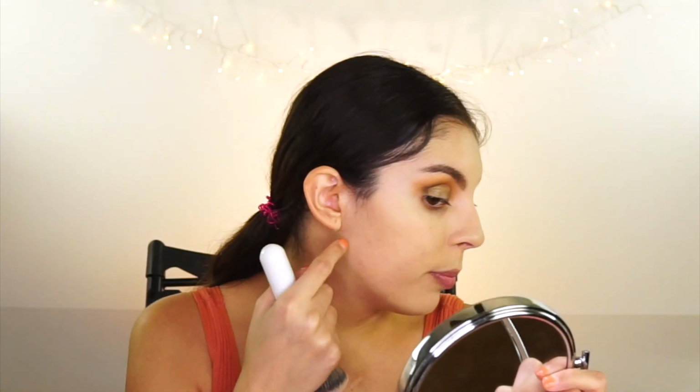As you can probably tell, which is I would say pretty normal, the side with the brush is much more full coverage compared to this side. This side is still covered relatively decently. I can still see a little bit of my scarring peeking through a bit more on this side compared to the brush side. If I'm being honest, I can see it on the brush side a little bit too,